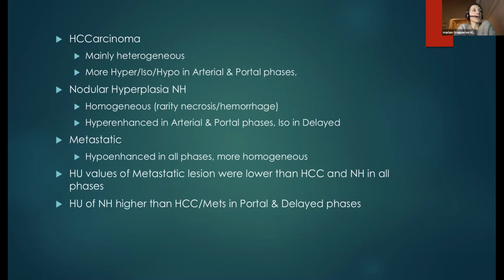Regarding the nodular hyperplasia, they were usually homogeneous, mainly because it's very rare that there is necrosis or hemorrhage, and they were hyper-enhancing in arterial and portal phases, and more iso-attenuating in delayed phase compared to the surrounding parenchyma. Looking at the metastatic lesions, they were hypoenhancing in all phases and quite homogeneous. And overall, the Hounsfield units of the metastatic lesions were much lower than hepatocellular carcinoma and nodular hyperplasia in all phases. And the nodular hyperplasia had quite high